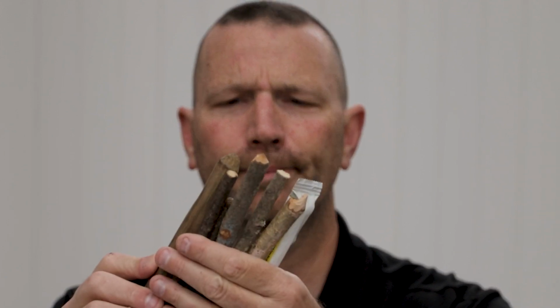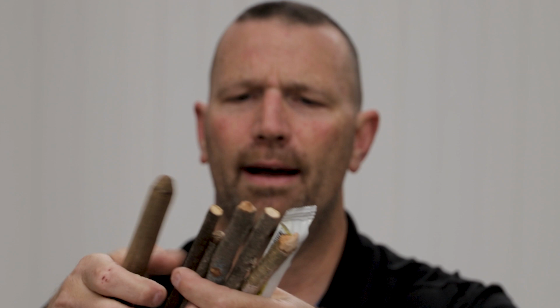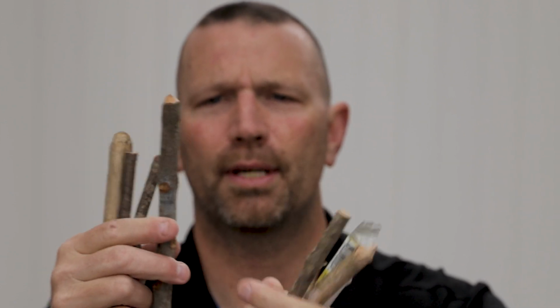The next thing I carry in my shelter kit are toggles. Now, I have various wooden toggles here that I found in the environment, and I have a glow stick. When I am staying overnight for search and rescue, I always put a glow stick on my shelter so that other people can know where my location is. And I strongly recommend that you use a glow stick as one of your toggles as well to increase your